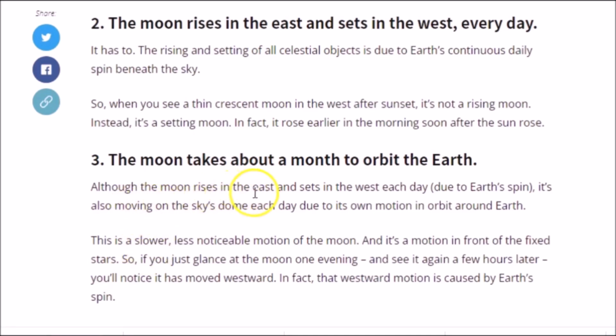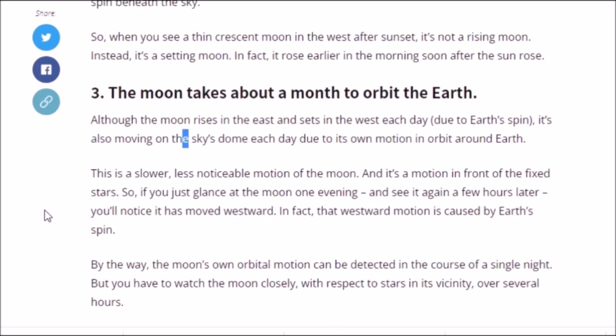Although the moon rises in the east and sets in the west each day, that is due to the Earth's spin, apparently, it's also moving on the sky's dome each day. That's interesting. Right. And again it says,